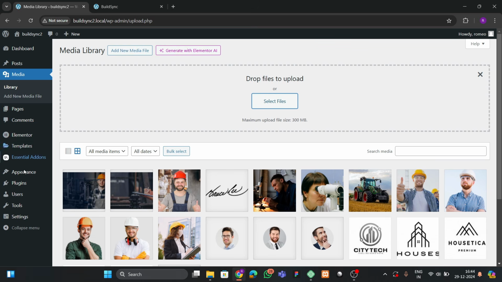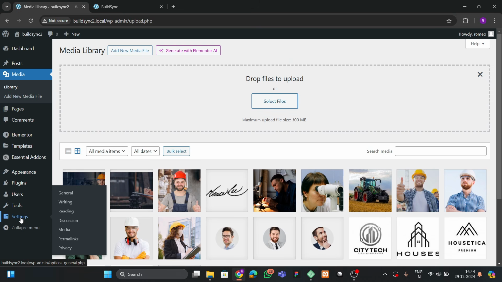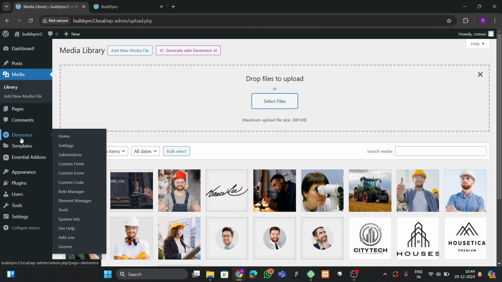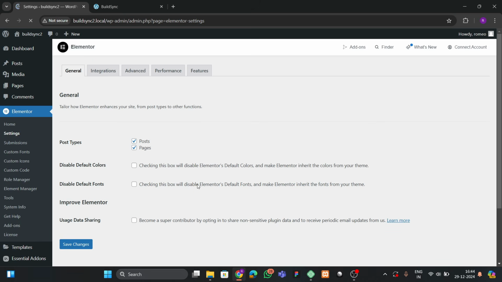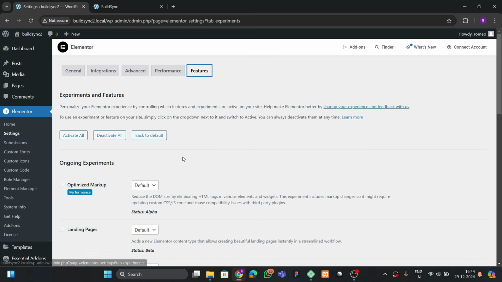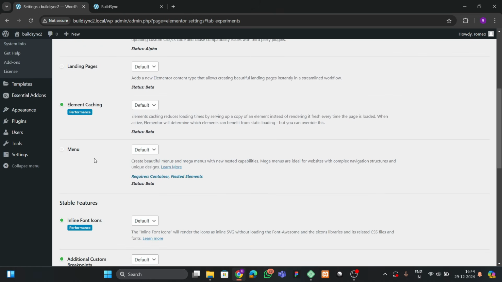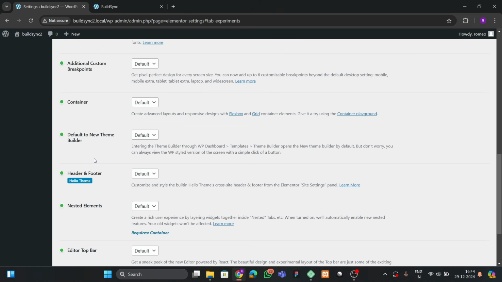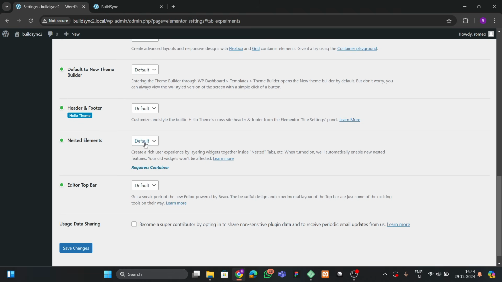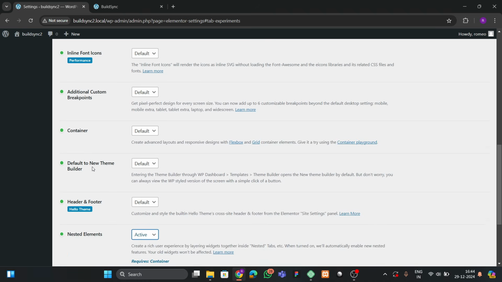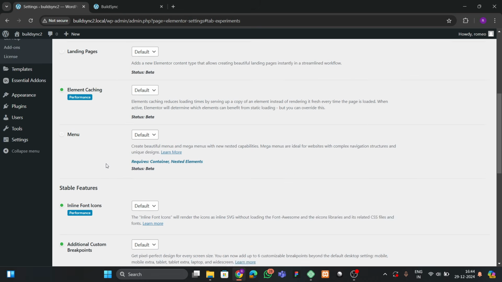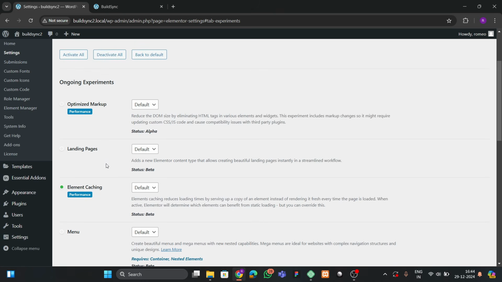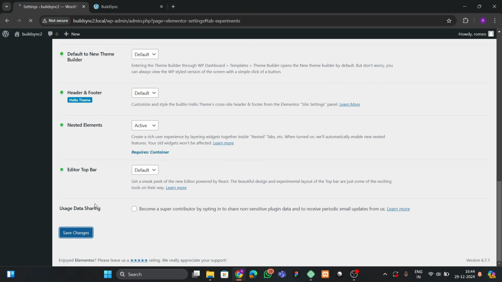Okay, so now let's start, and we're gonna build this whole website from start. So first we have to do some Elementor settings. So let's go to the settings, and here in the settings we have to go to the features option, and here you will find so many options, like additional custom breakpoints, container. You have to click on this active and all. Okay, this is already active, I think. Okay, so let's save the changes,